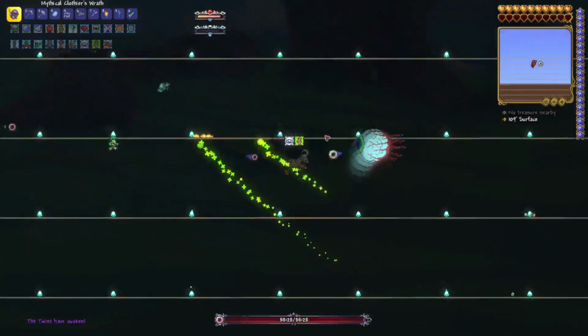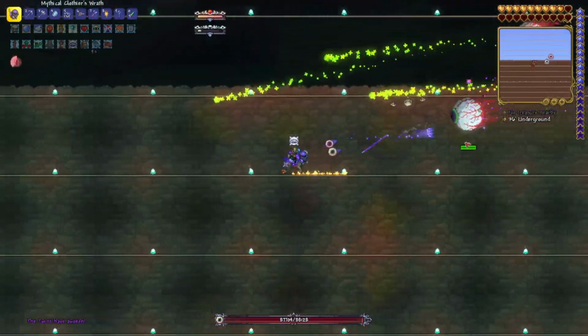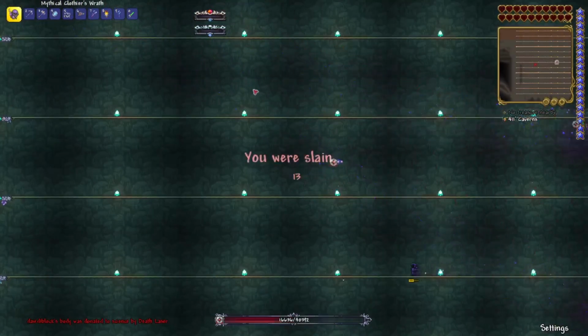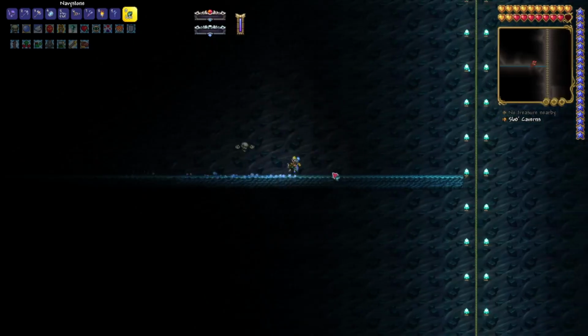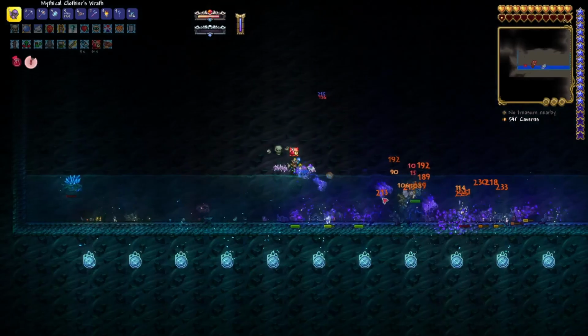After dying to the twins for the 4th time, I set my sights on a new weapon that could potentially help me beat the twins. I first tried using the Clothier's Wrath, which didn't really work too well, so I set my sights on a different weapon. That weapon in question being the Poseidon, as I wanted something that could more easily home in on the twins. And after creating an artificial sunken sea biome, and fighting a giant clam, I managed to get it